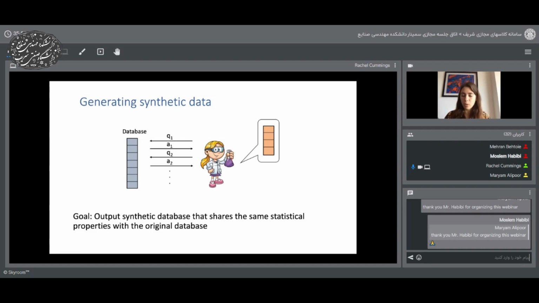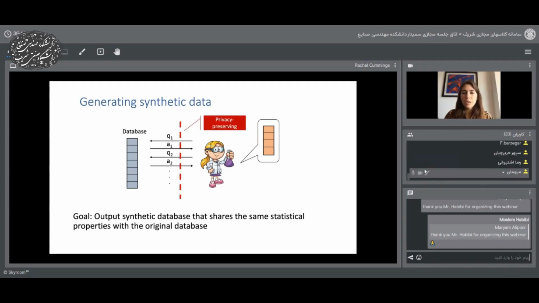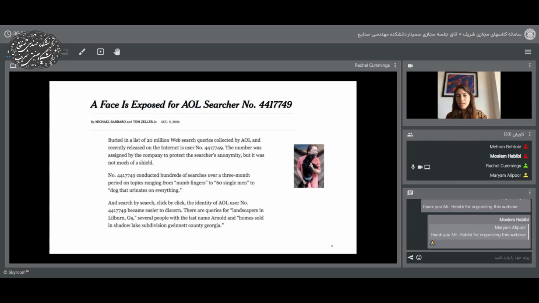But this is particularly important when companies want to collaborate with external researchers. It's much easier if they just hand them data. But for obvious legal reasons, we don't want to just hand over the exact data, but instead you might want some kind of privacy preserving barrier, right? Either between the analyst and the data, or perhaps between the analyst and the outside world, depending on where the trust lies. And so these are the two things to keep in mind as we're going through this talk. And the question is then,